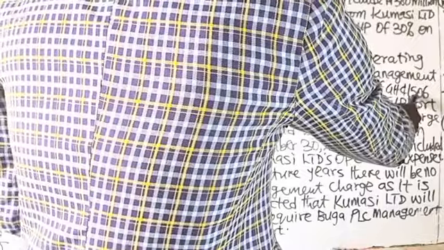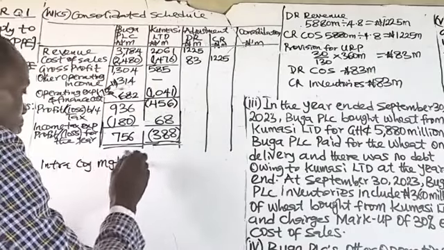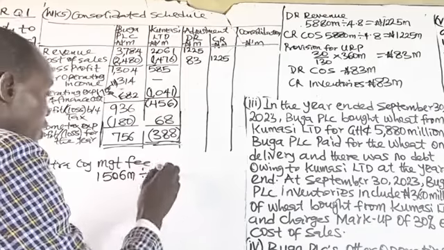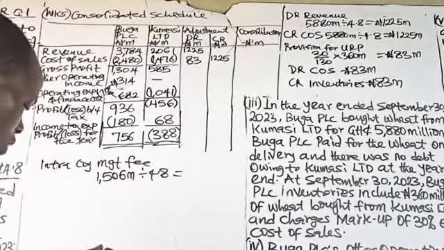1506. When was it issued? So we want to know the date. You were told Buga PLC other operating income. Okay. We normally use average exchange rate for all profit or loss items. 1506 divided by 4.8. Company management fee, 1506 divided by 4.8. That gives us